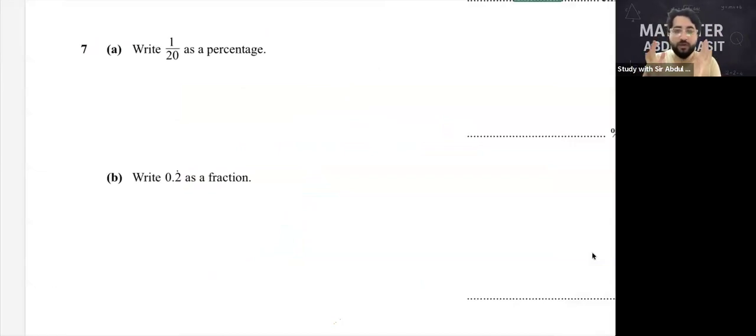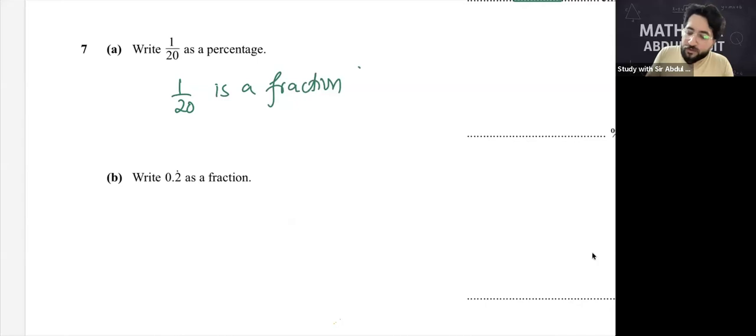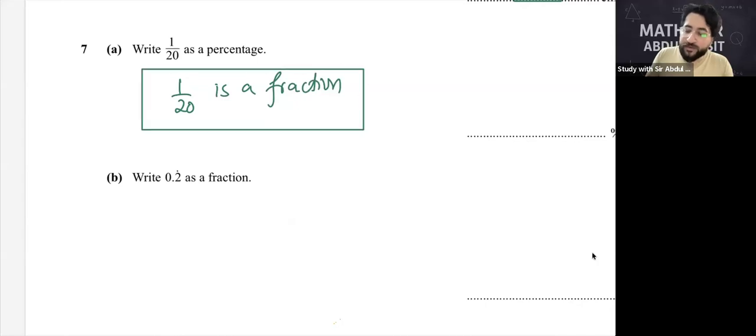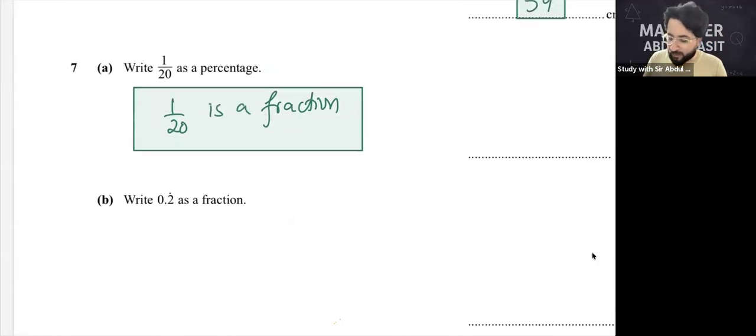Okay, first of all, try to digest that: 1 over 20 is a fraction. Remember one thing, मैं यहाँ पे लिखवा देता हूँ ताकि याद हो जाए. To convert